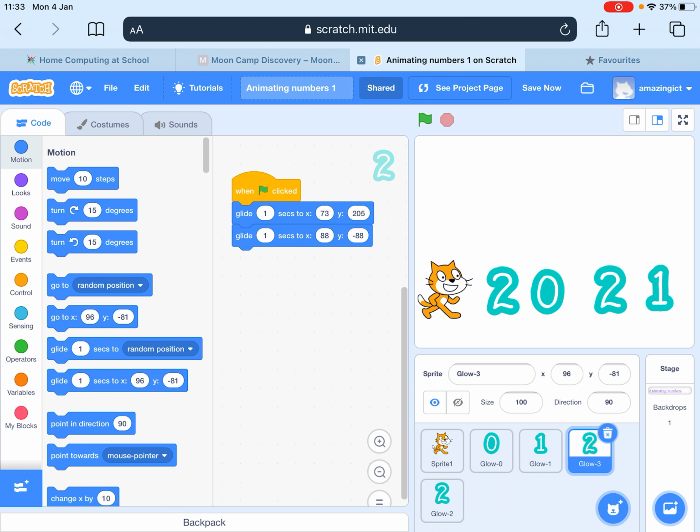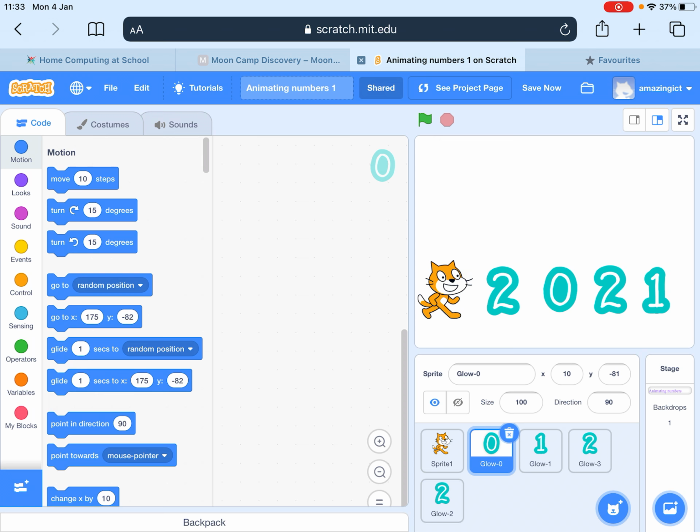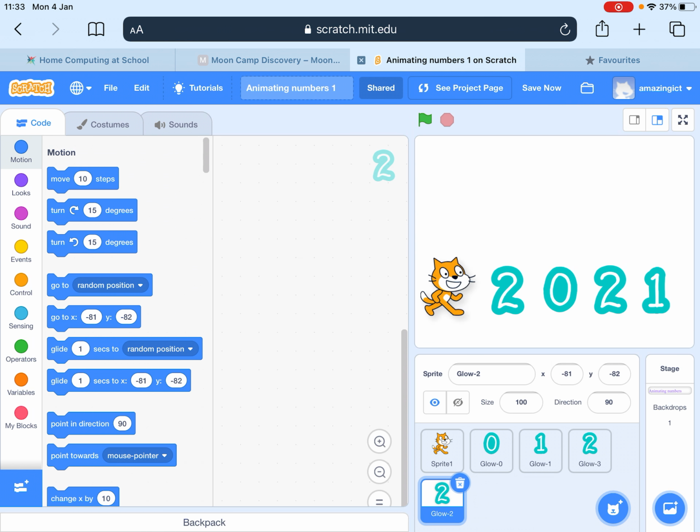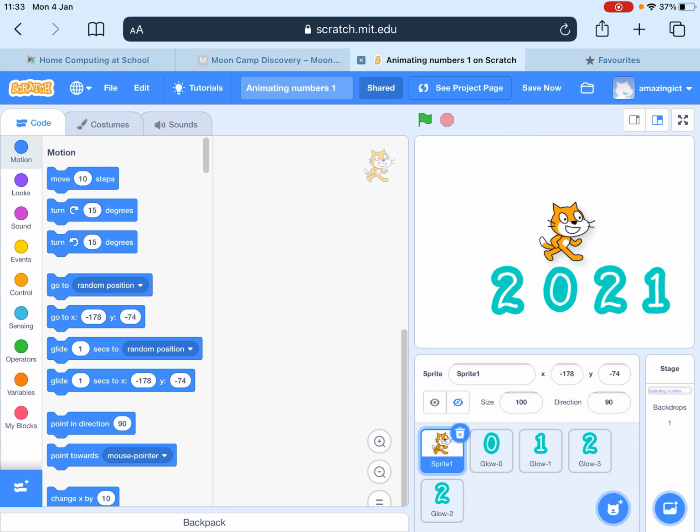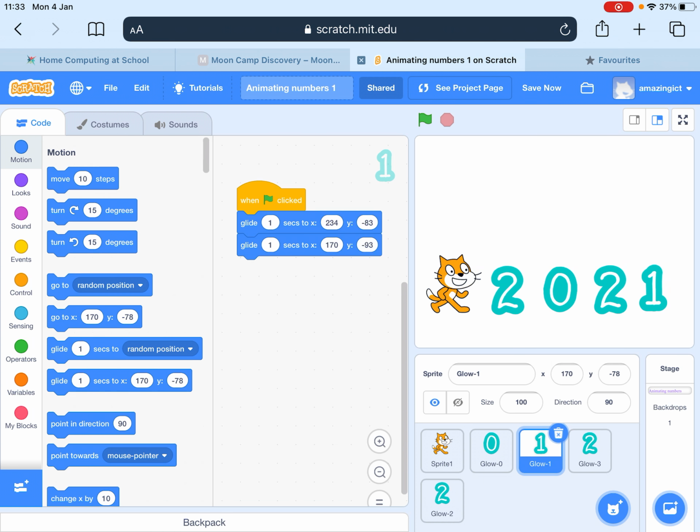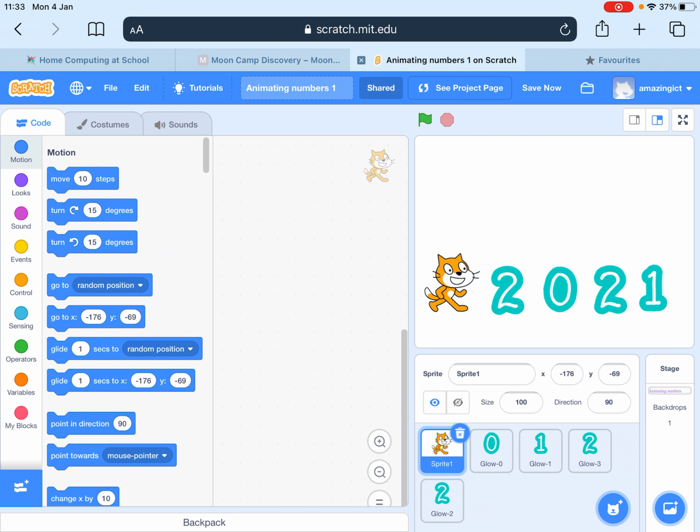I can move them around. I can space them out. And then I've got a cat here. And I thought what I could try and do is to get the cat maybe to sort of jump around on top of the numbers, or even get the numbers to perhaps move around. So let's start with the